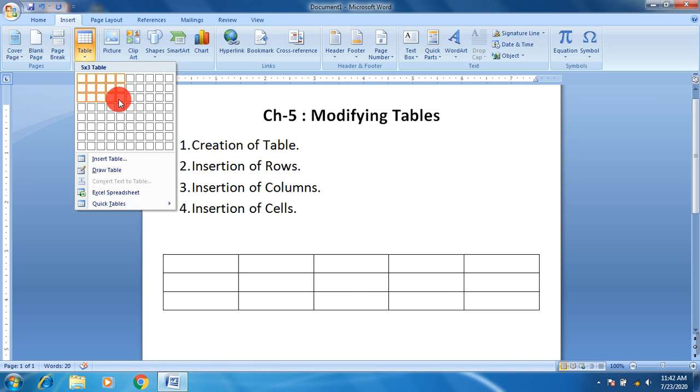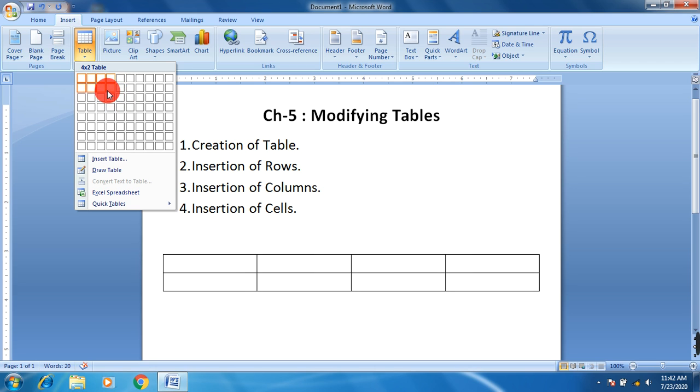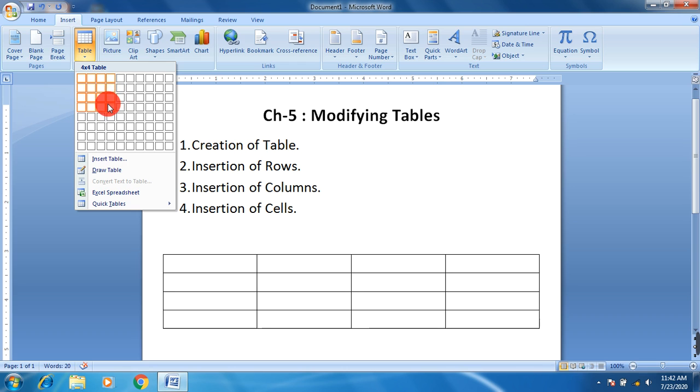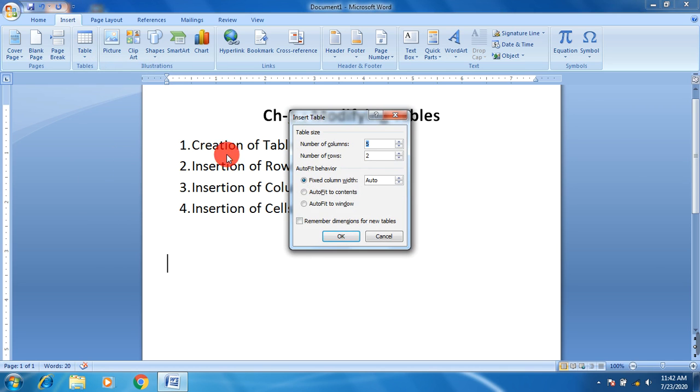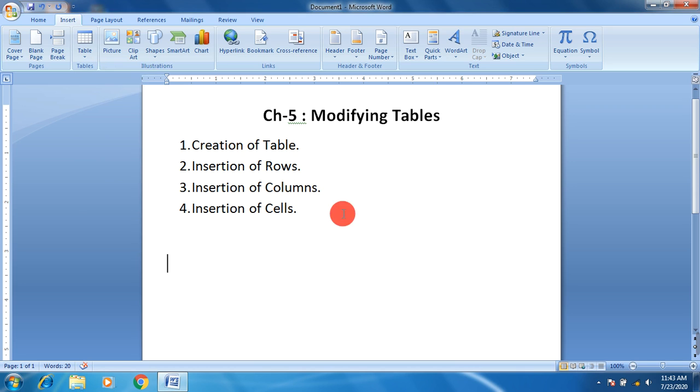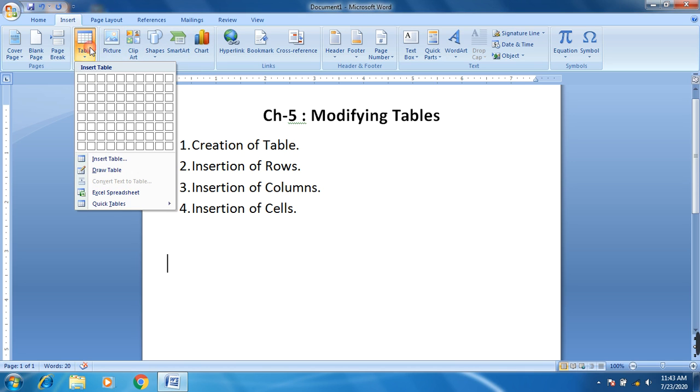So you can select your number of rows and columns from this dummy table, or you can insert table using this Insert Table option. If you click there, you have to give number of columns or number of rows. In that way you can create your table. You can also draw your table by choosing this Draw Table option.